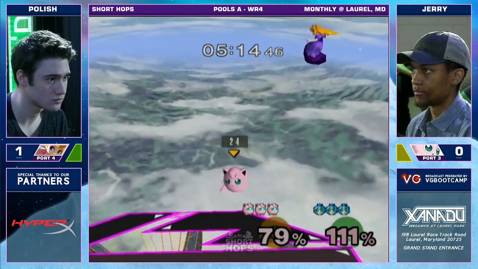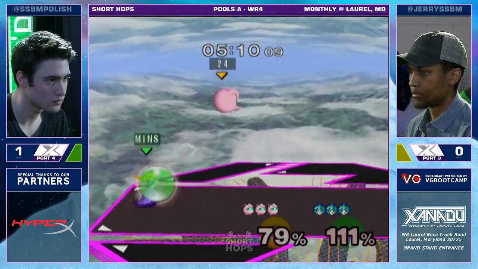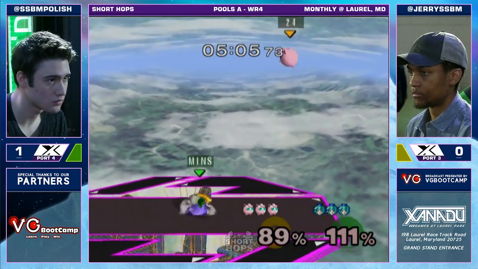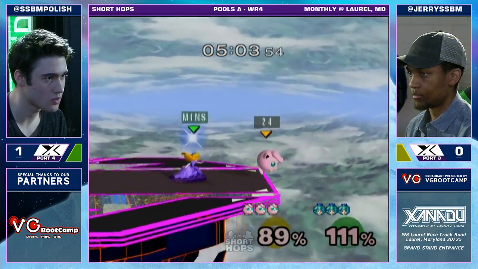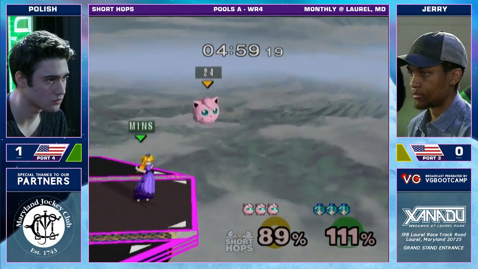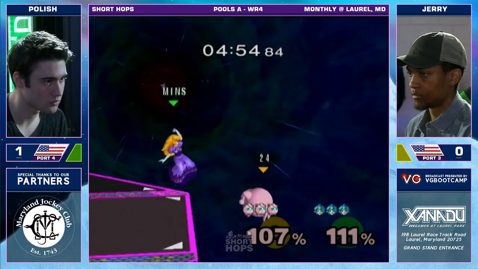Alright, good spacing. Polish is trying to find his aerial positional advantage again, but Jerry caught him on the way up with back air. Reading jumps of his own now. He uses that dash attack to get back to center. Yeah, dash attack is a good way of catching Puff's landings. You never want to dash attack if Puff can potentially shield it. Yeah. Because Puff, at low percent, you can get...